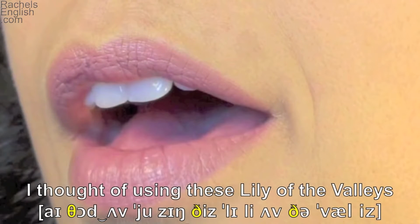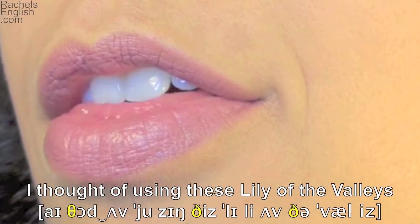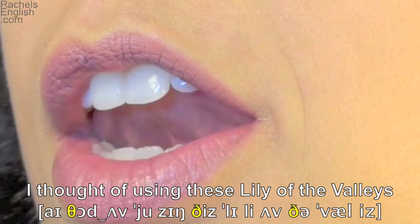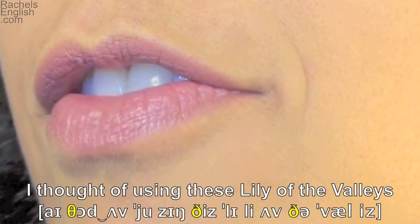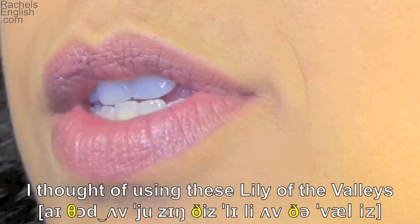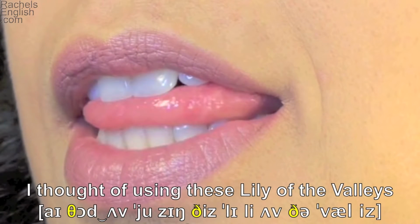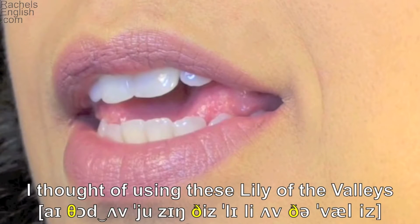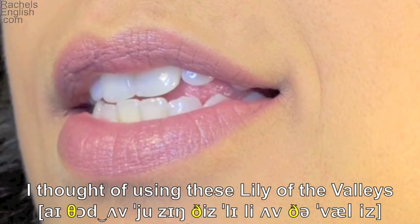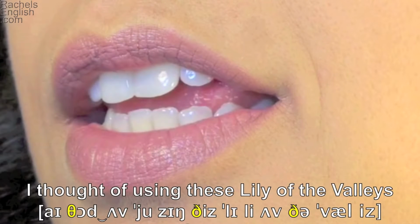And now from an angle. I thought, tongue tip through the teeth, tongue up to make the D sound, bottom lip up for the V, using with the U as in few diphthong. These, tongue tip through the teeth, teeth together for the Z sound and tongue up to make the L, lily, up again for the second L,